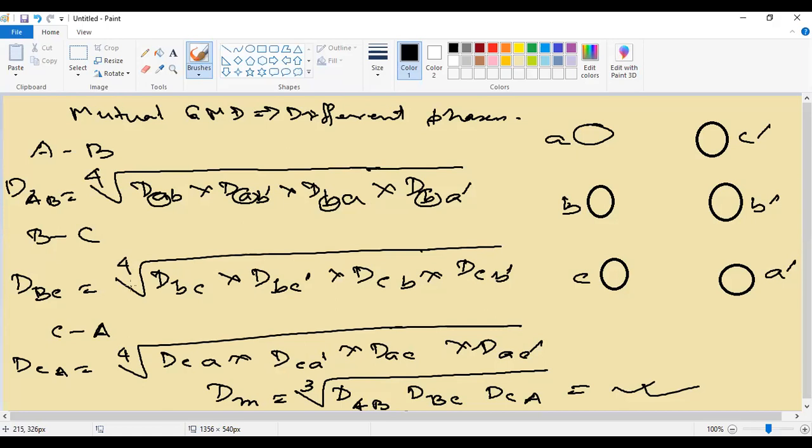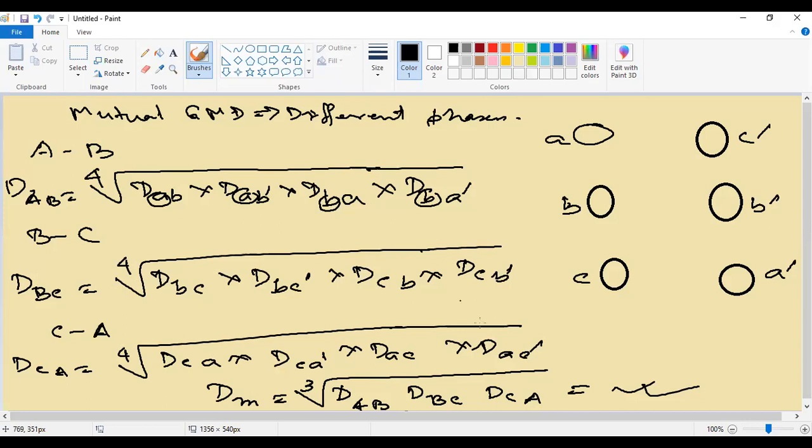So for a single phase line, it is very easy because we are getting the term that is log of D by R. Yes or no? You know that it is 2 into 10 to the power minus 7 log of D by R. Okay, that is the basic definition of the inductance.